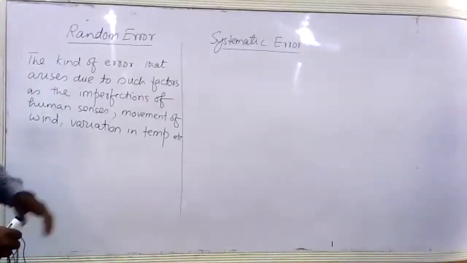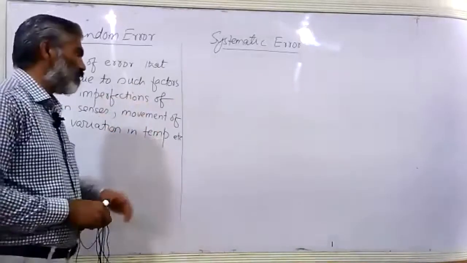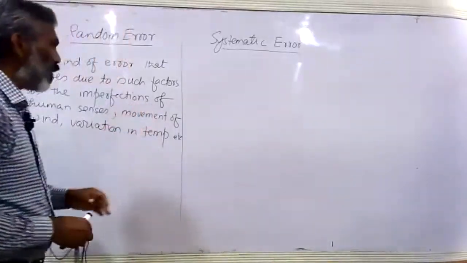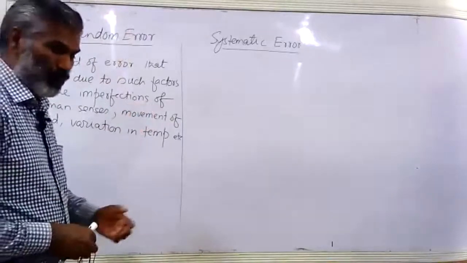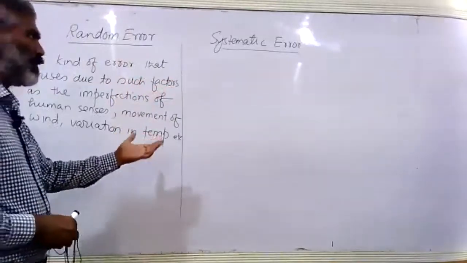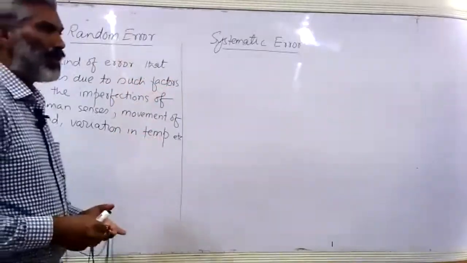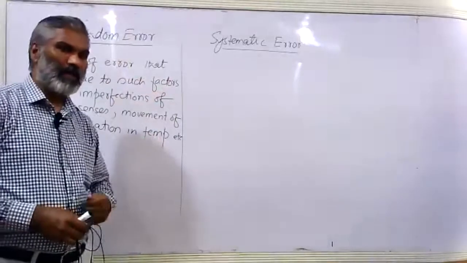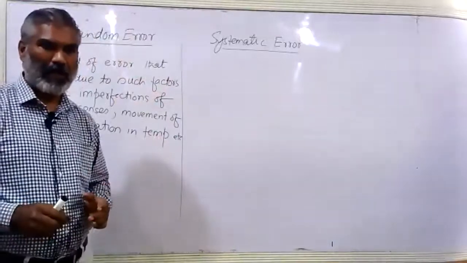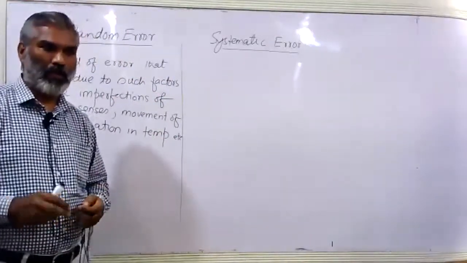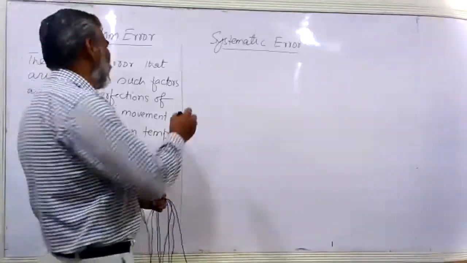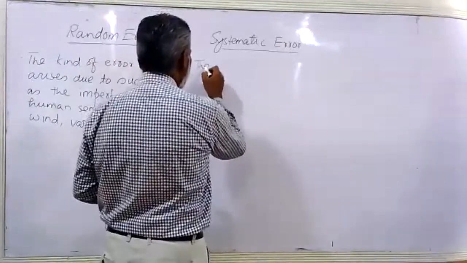But systematic error, if we compare it with this error and we want to know what is the factor due to which a systematic error arises, this is easier because systematic error means there is something which is repeated by the same value due to some kind of fixed error, some kind of permanent or same problem that is recurring in each measurement. So that kind of error